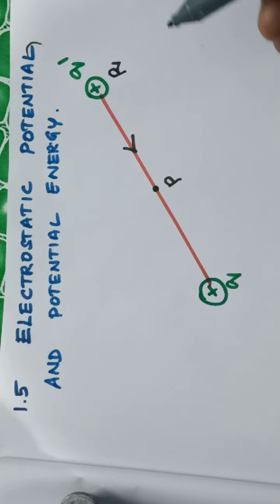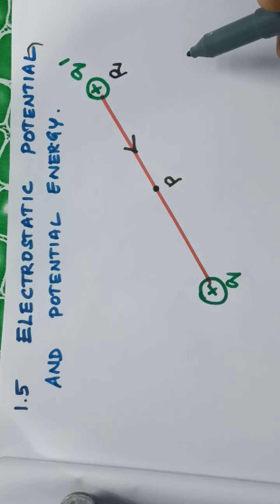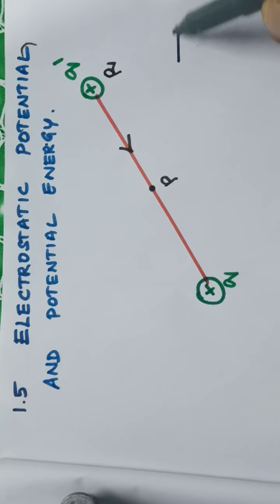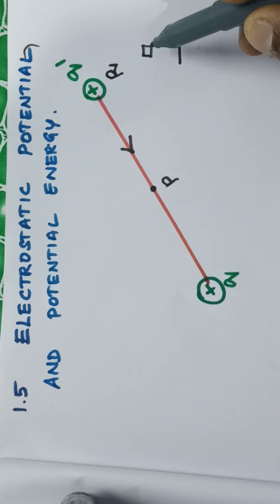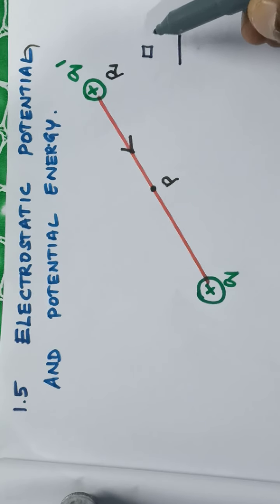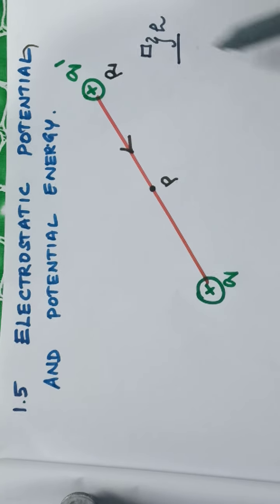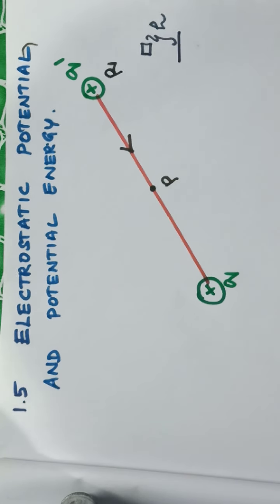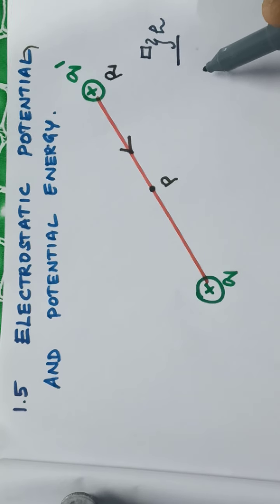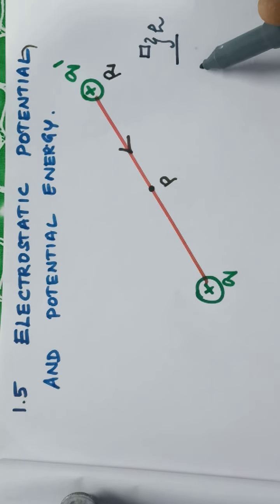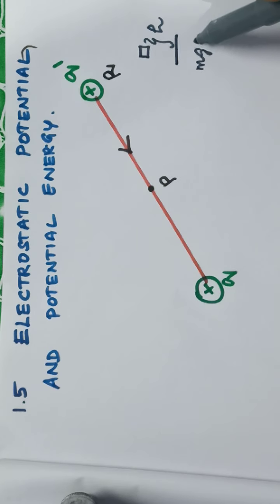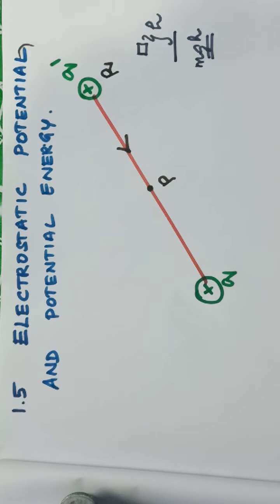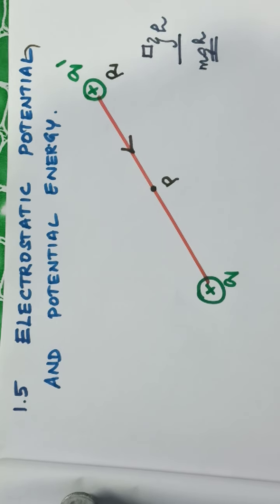For example, you know that when an object is on earth at a particular height, see, this is the ground, it is at some height h. The body gets some energy called gravitational potential energy. You might have studied this in the previous 11th standard. So gravitational potential energy is equal to mgh. The same concept applies in an electric field.